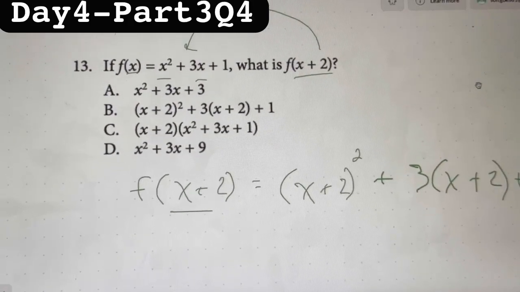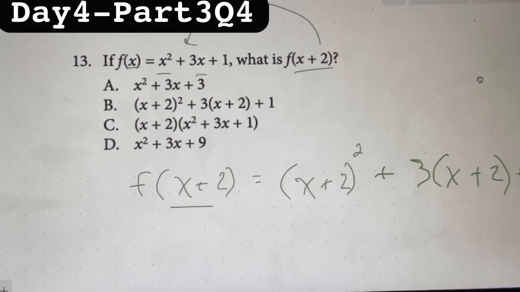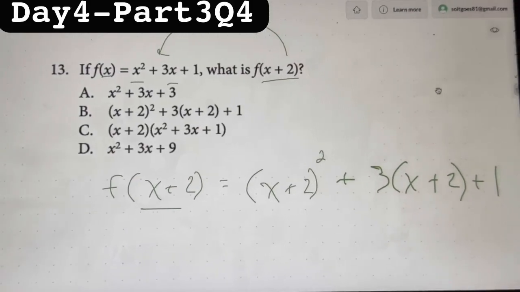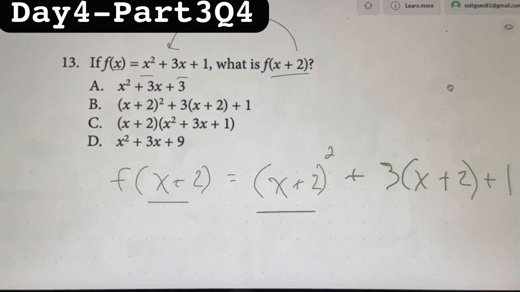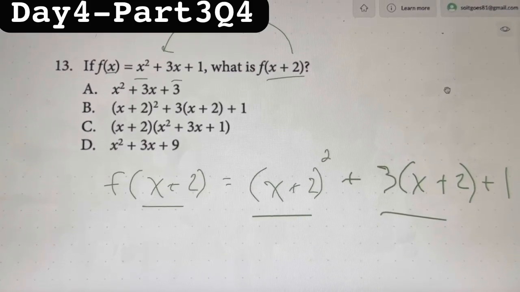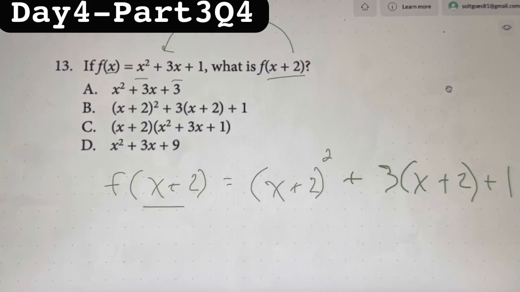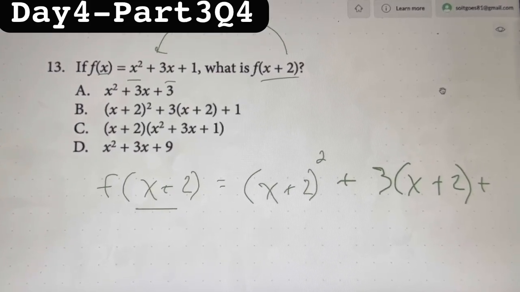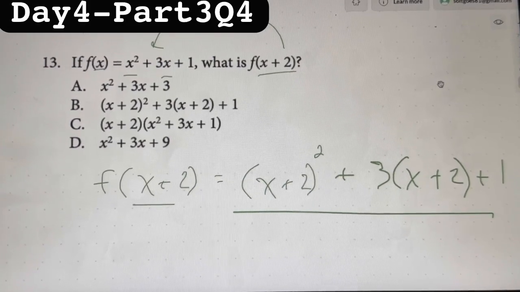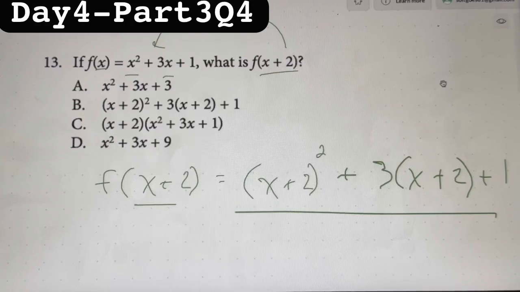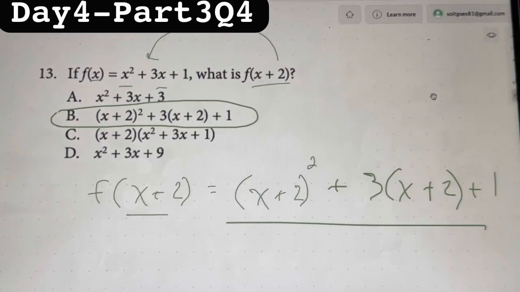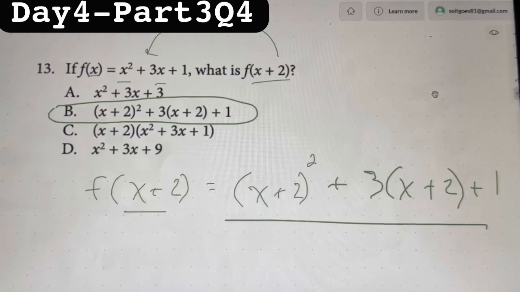Okay. The temptation here is to try to sort of simplify this by doing some algebraic operation. You could multiply x plus 2 times x plus 2, and maybe distribute that 3, you get 3x plus 6. But don't even worry about that, because look at the answer choices. And you should realize that right here we've got answer choice B, which we do. All they're testing on here is whether you will understand the concept that the thing in parentheses